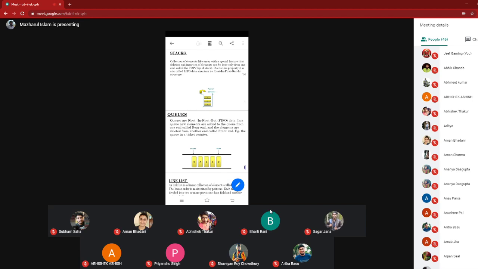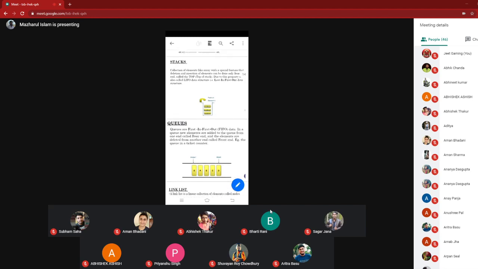Okay, I will provide you this slide. If you read the definition of the data structure there, it is clearly written that the value of the data structure is decomposed into simple data or any other data type that itself is a data structure. So a stack is a linear data structure where insertion or deletion of an element is restricted to one end.